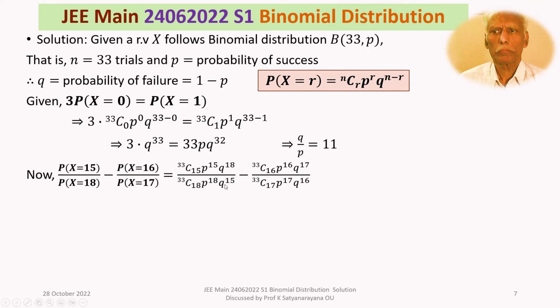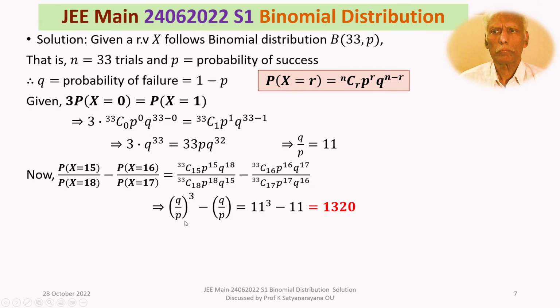Q power 18 by Q power 15 is Q cube in the numerator. That means here you are left with Q by P whole cube, and here you are left with Q by P. So Q by P whole cube minus Q by P,